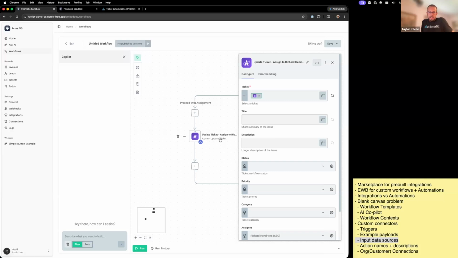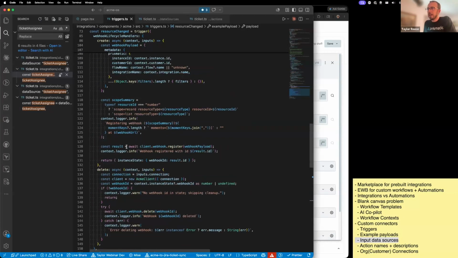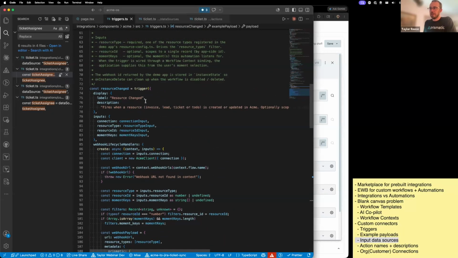There's 10,000 different actions that it could possibly run within Prismatic. How does it know which action is the right one? Well, the LLM ends up having some tools that can query for actions, names, and descriptions. So I strongly recommend, as you're building your actions and your triggers,